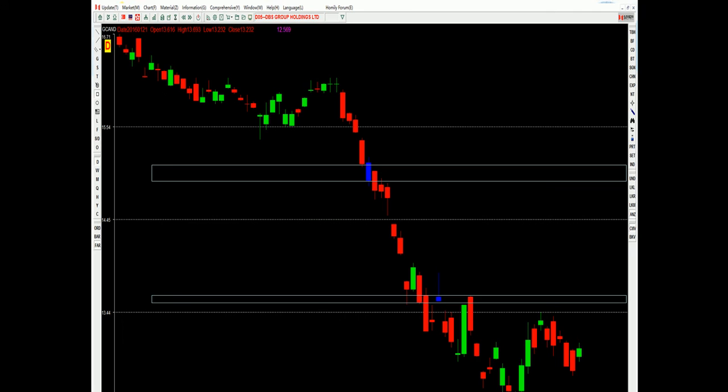Then price drops. The blue candlestick appears again. Here buy or not? Cannot buy because the closing price is lower than this one. We cannot buy. We need to wait and see. Then we also can draw the line. This is the resistance, right? So it drops again. So if you are here, you should know that. Maybe you have this stock. So here you should sell. Here is another sell point. Okay, so you should know that.